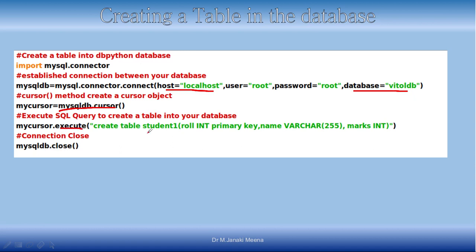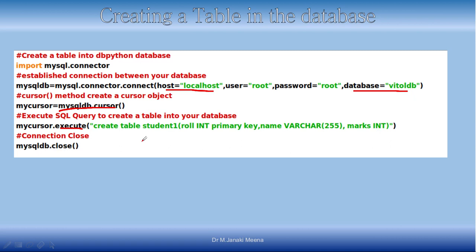Now what I am going to do is run the same command which we would give in SQL. See, create table: student1 is the name of the table, and roll is the field name. It is going to be integer and it's going to be primary key, right? So I am giving it as primary key, and then name followed by the data type of name. It's a varchar of size 255, and then next I am going to have marks. So there are going to be 3 fields: roll, name, and then marks. Roll is going to be the primary key, roll and marks are integer, and name is going to be a string. Okay, so we are now going to execute this particular line on the database.